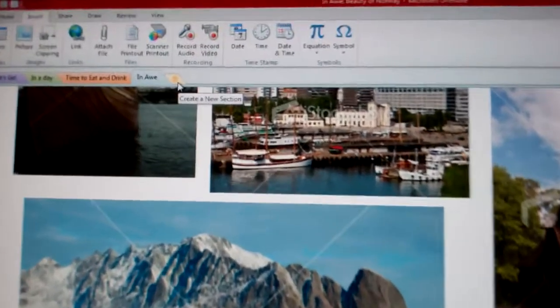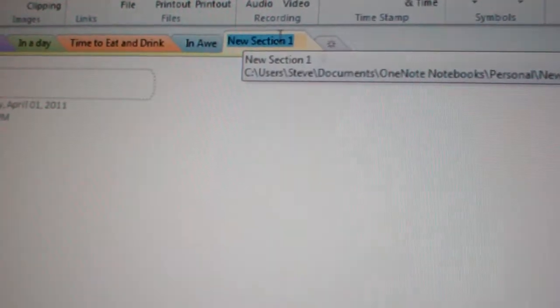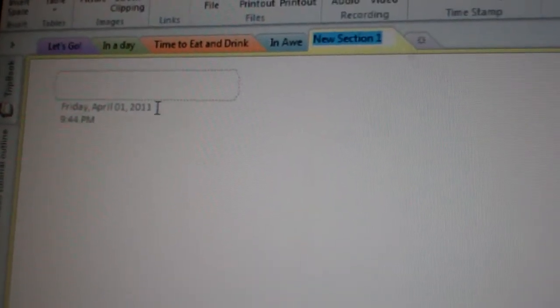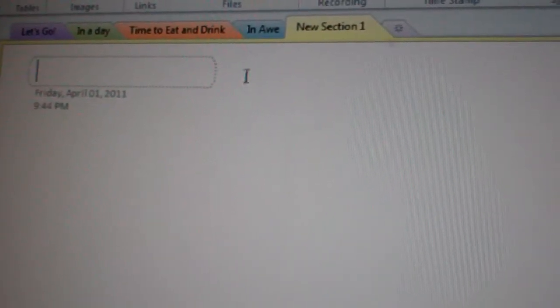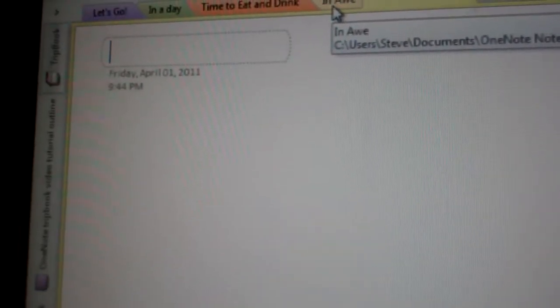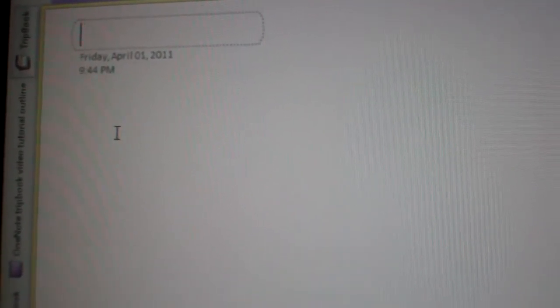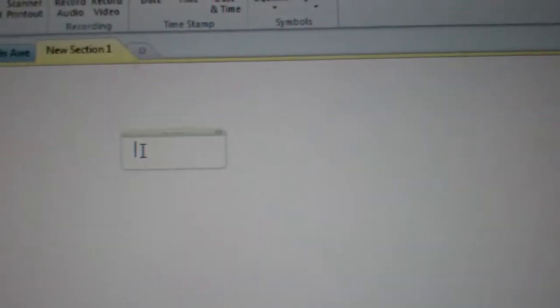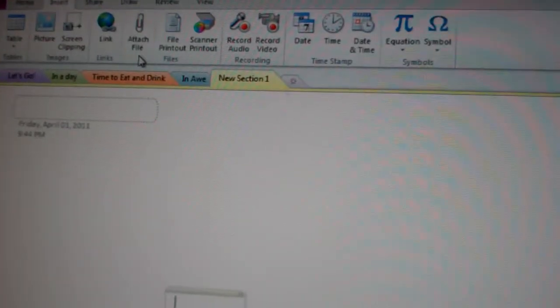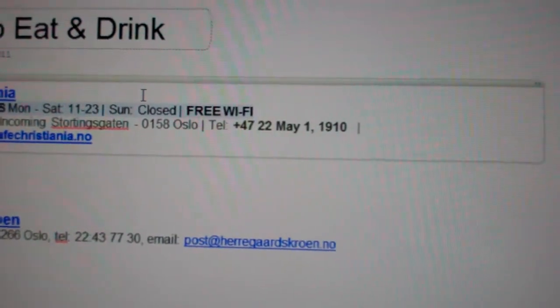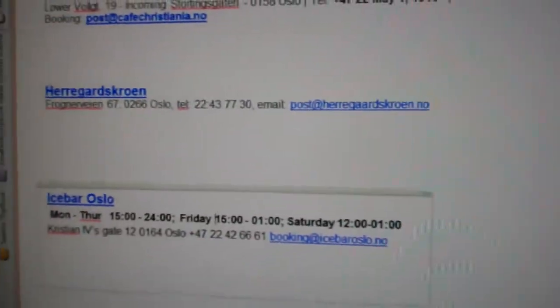And you can add more tabs. If you wanted to add more details about the trip or activities, you just add a new section. Put your title in here. And the really cool thing about OneNote is that you can click anywhere. Like, what makes it different from Word or something like that is that you can add text anywhere. So I can click way over here and put it here, or in the middle of the page, anywhere I want. To show you an example, if we go to time to eat and drink, let's scroll down to the